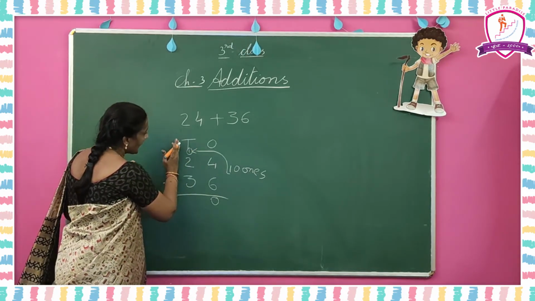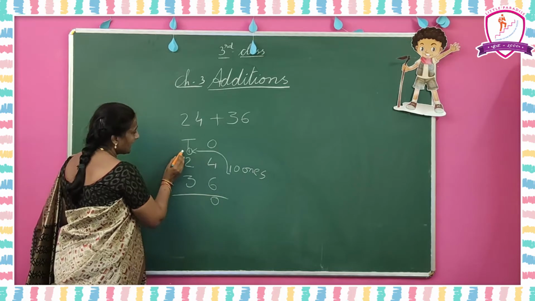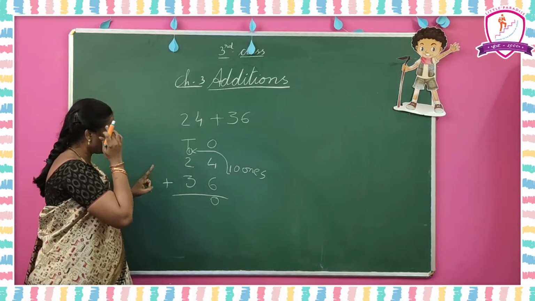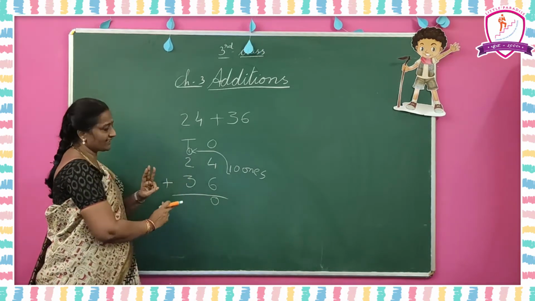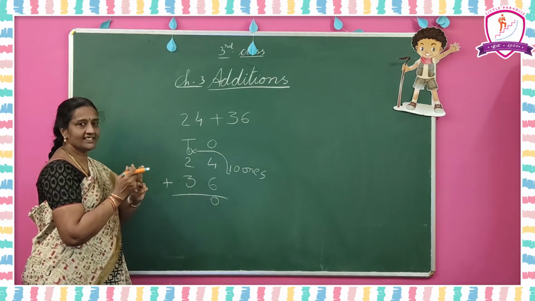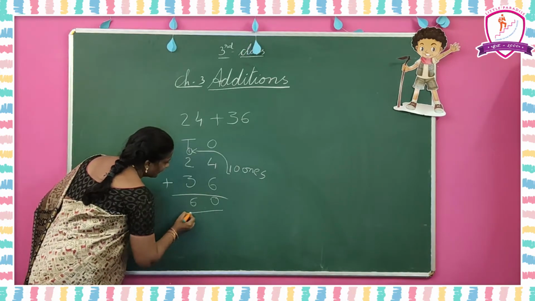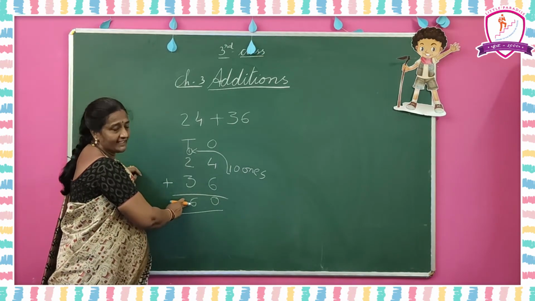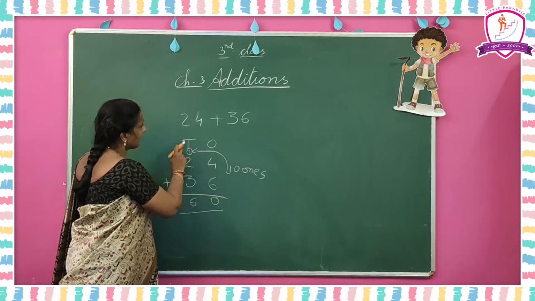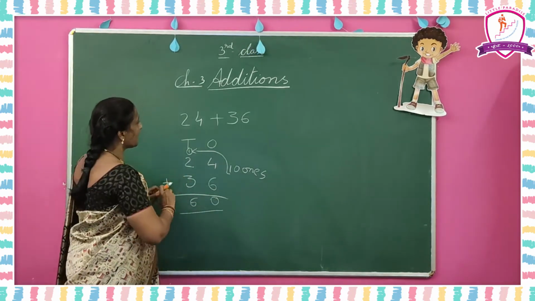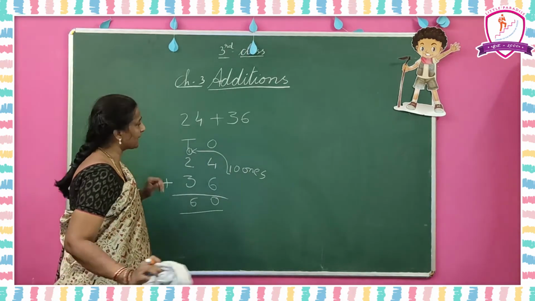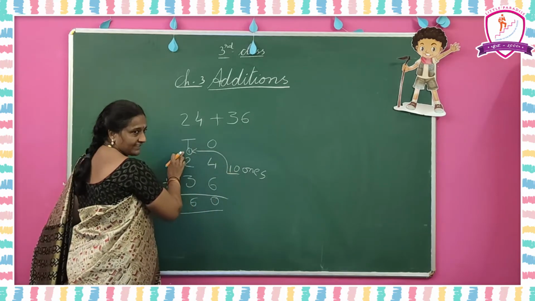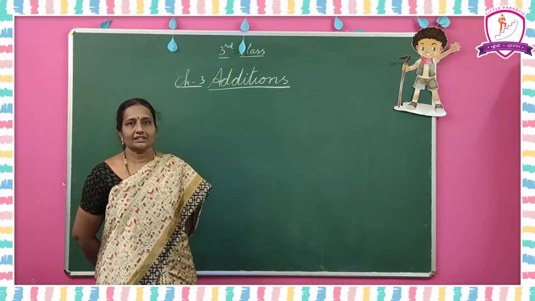Now add the numbers in tens place. Add 1 plus 2. Take 2 fingers. 1 after 2, 3. 3 keep it in the mind and take 3 fingers. 3 after 4, 5, 6. We got 60. In 60, how many tens are there? 6 tens. And how many ones? 0 ones are there. Like this we can do these additions with grouping. Grouping means if we got more than 9 ones, take the other one to tens place, like this.